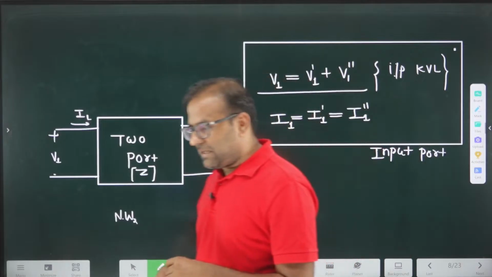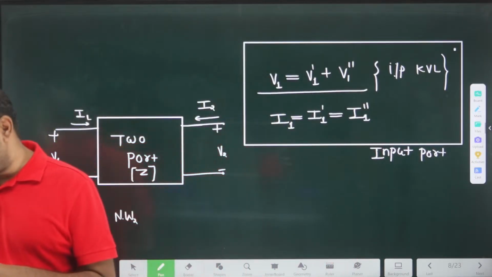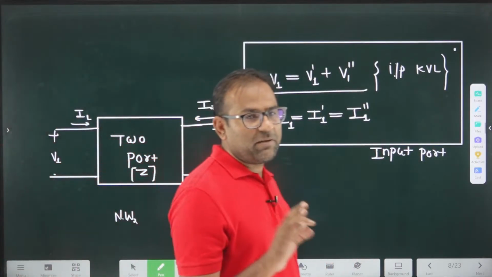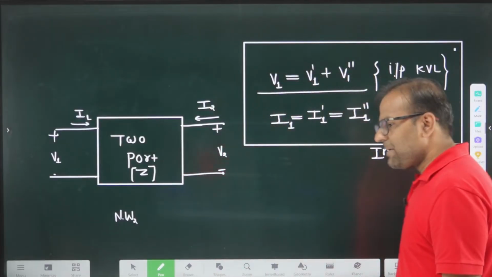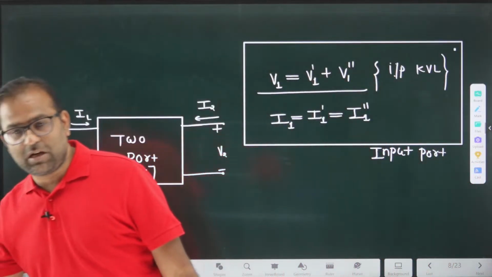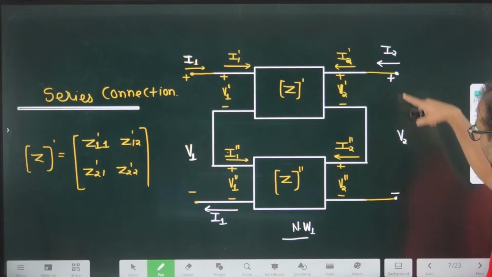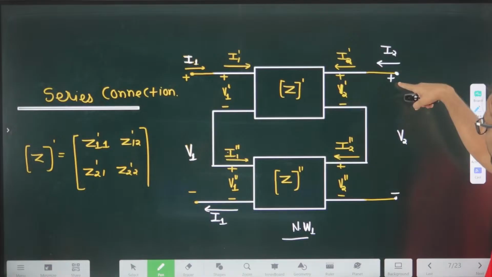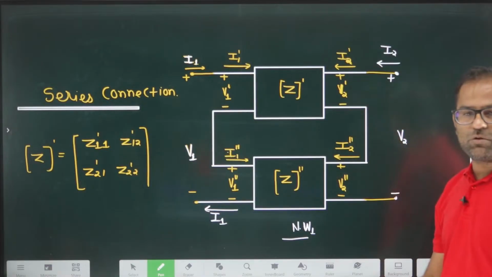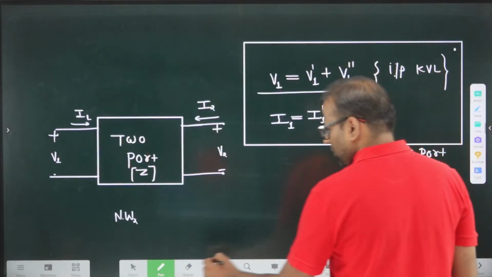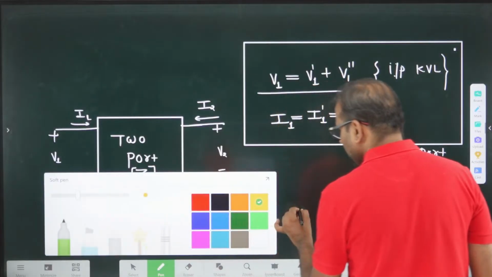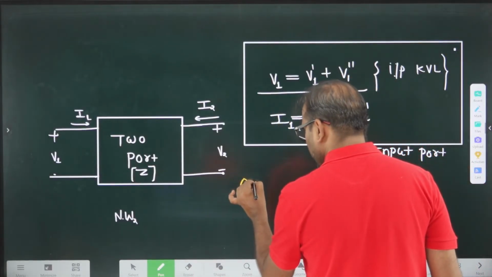लेकिन लगभग ऐसी ही कंडीशन मुझे अवेलेबल है कहां? सेम कंडीशन इज अवेलेबल एट आउटपुट पोर्ट ऑल्सो. अगर मैं आउटपुट पोर्ट को विजुलाइज करूं, जरा एनालाइज करूं, आप देखें जरा कि अगर आउटपुट पोर्ट में KVL लगाया जाए तो V2 इज इक्विवेलेंट टू V2 प्राइम प्लस V2 डबल प्राइम. सो कैन आई से द एनालिसिस ऑफ द आउटपुट पोर्ट,